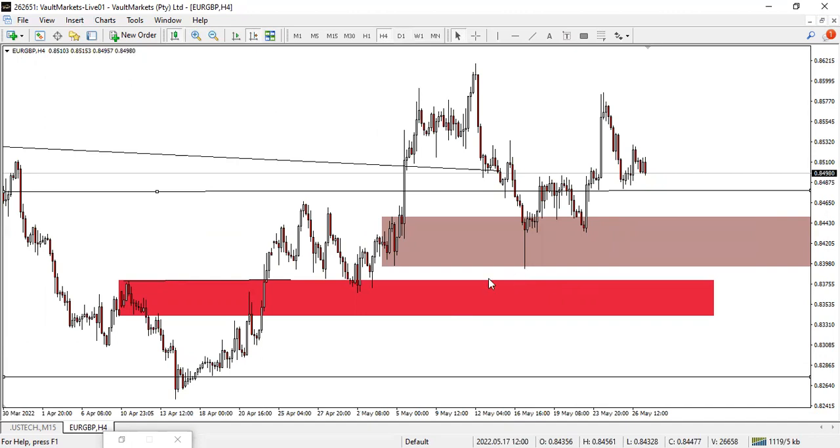On H4 this wick respected, it mitigated this candle. Yeah, it is a very important candle, this one. All right, this was a second retest. In fact, it was a first retest after this break of market structure. So on low time frame,